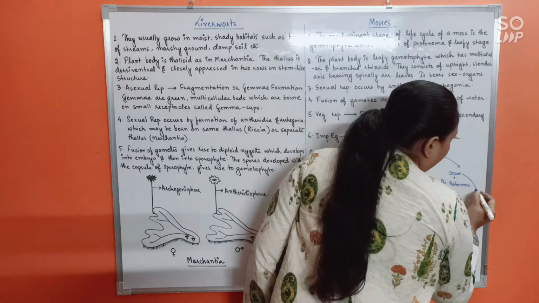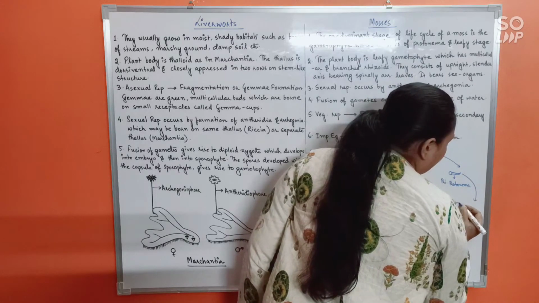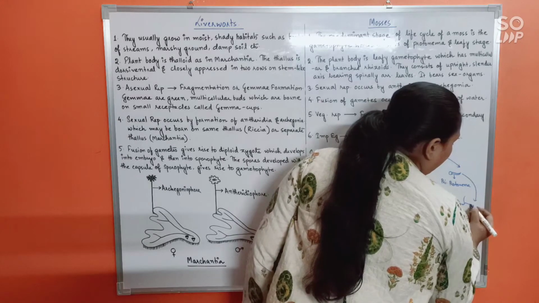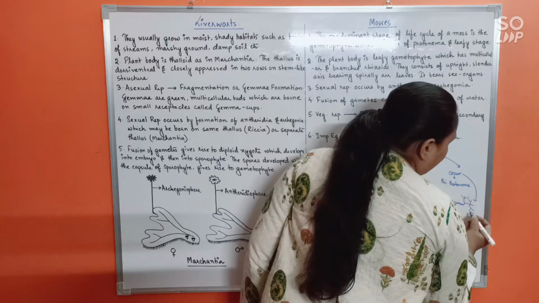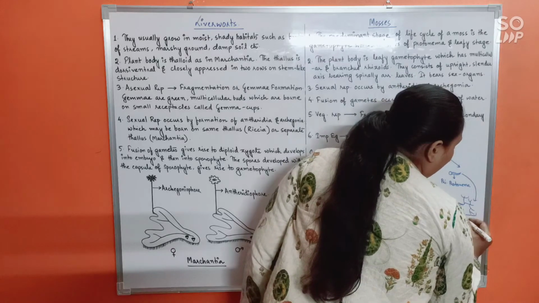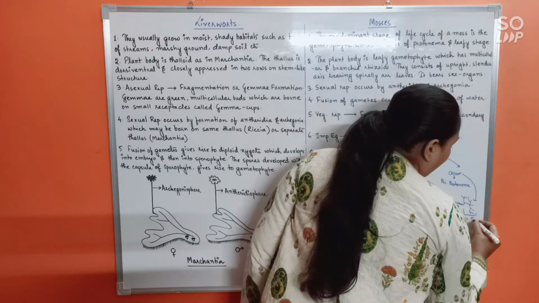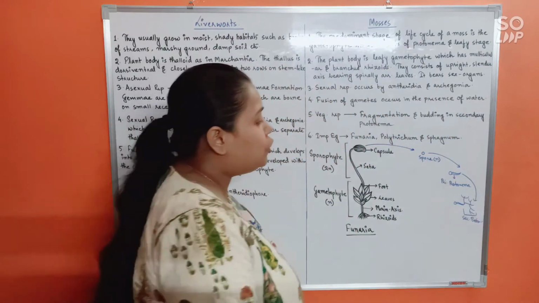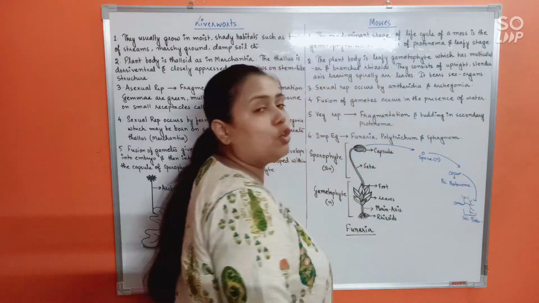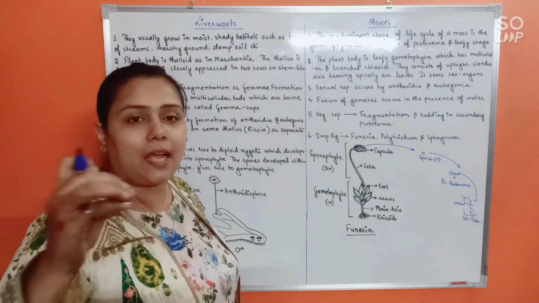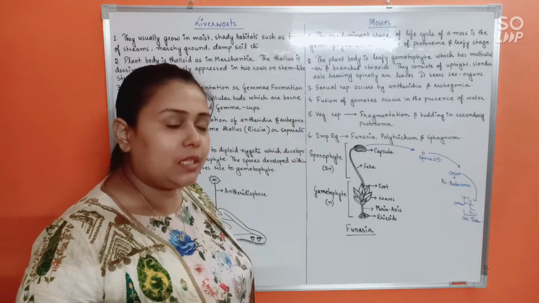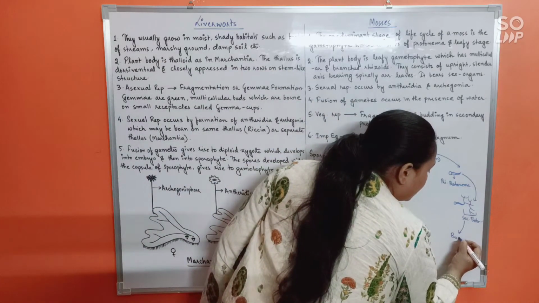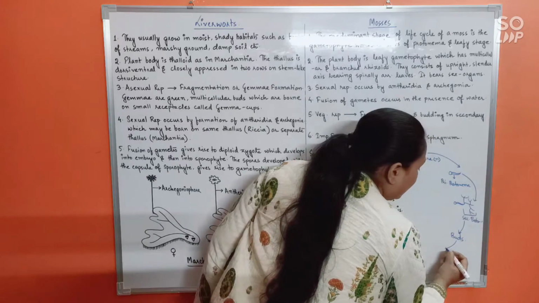Primary protonema will now continuously show branching. Okay, it will continuously keep branching out and spreading into the substratum. So these continuous branches that are formed, that is called secondary protonema. Okay, secondary protonema. And eventually the secondary protonema will show budding. Okay, at certain sites, buds will be generated in the secondary protonema, and from these buds, what we will receive is a gametophyte.